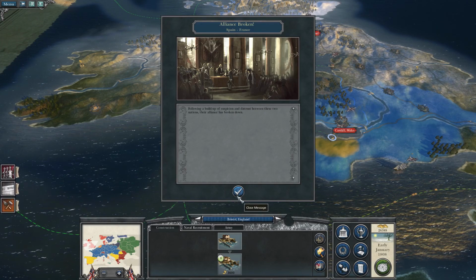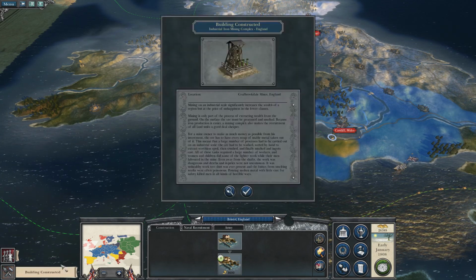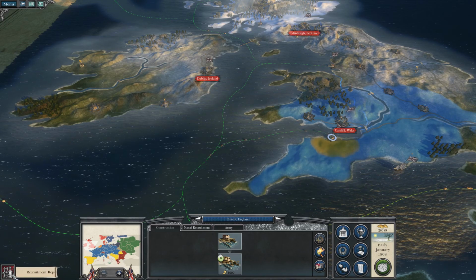Following a buildup of suspicion and distrust between the two nations, their alliance has broken down. Spain and France alliance broken. Okay. Industrial iron mining complex. Now, historically,